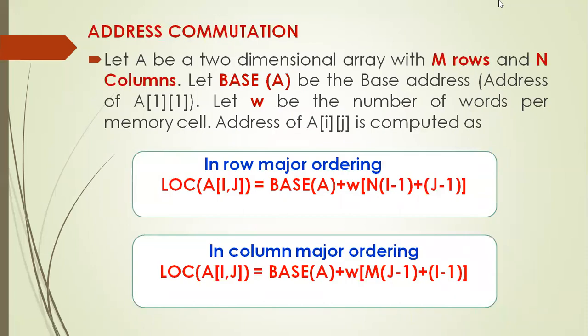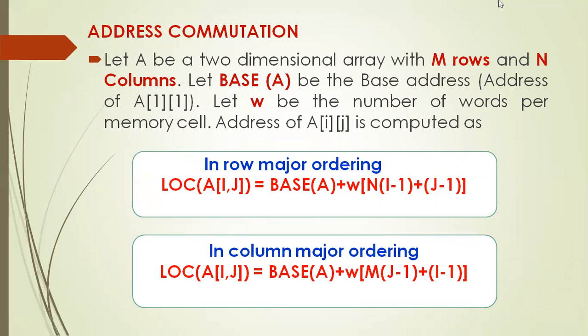Next. In the previous class, we learned how to compute the address of any kth element of a one-dimensional array by knowing 2 things. One is the base address, and the other is the value of W, that is the size of the data type of the array. Then you can easily compute the address of any element of a one-dimensional array. On the same basis, you can compute the address of any element of a 2-dimensional array also by knowing the base address and the value of W. The formula is given here.